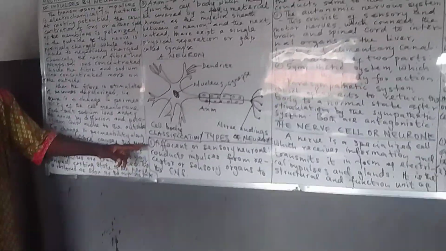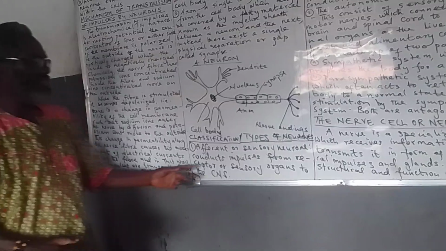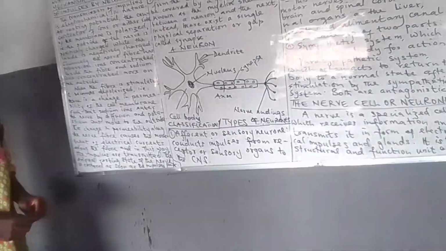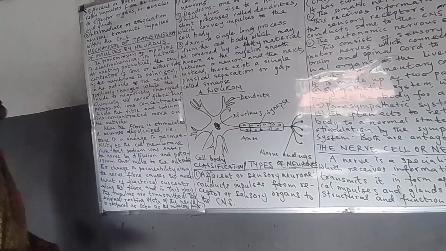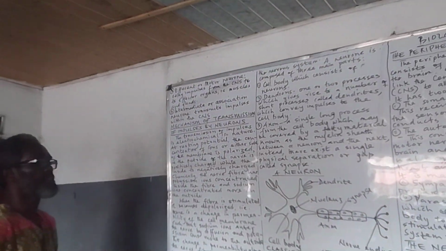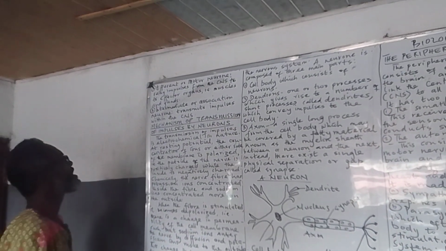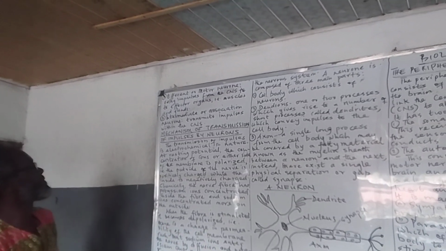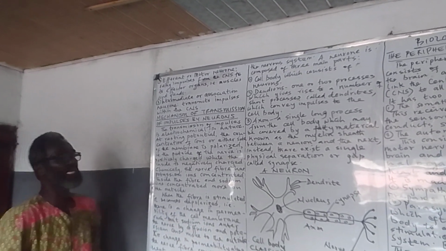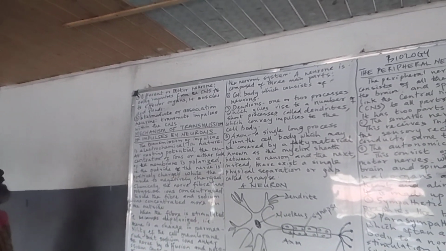Classification of neurons. We have the afferent or the sensory neurons. What it does is that it conducts impulses from the receptors or the sensory organs to the central nervous system. We have the efferent or motor neurons. It relays impulses from the central nervous system to the effector organs, e.g. the muscles and glands. And we have the intermediate, or what is called the association neuron, transmitting impulses within the